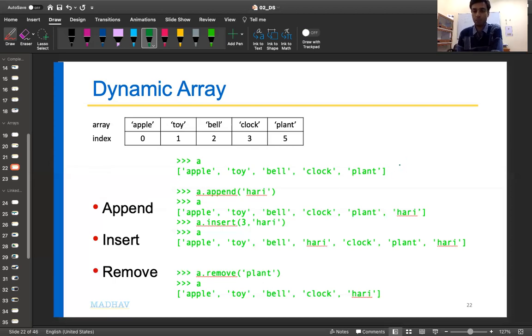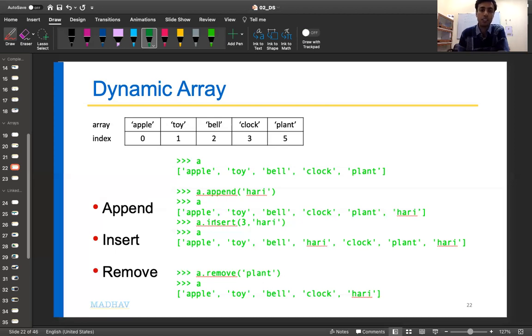At the last, so the size of the array increases by 1, and the last entry is the new one, the one which we have added, so appended. For example, there's a function called append in the list, and we use that to append the entry hurry into this list.